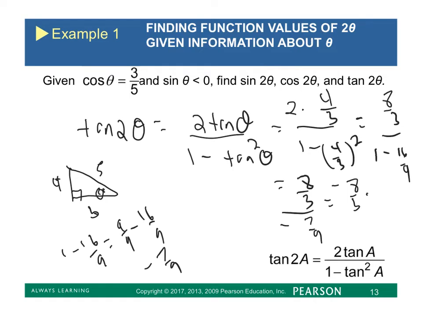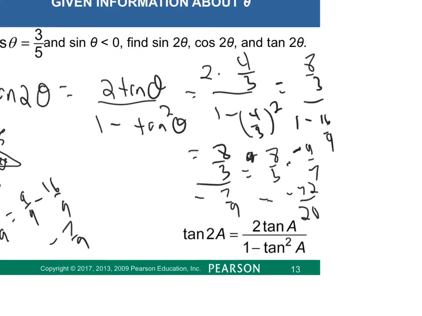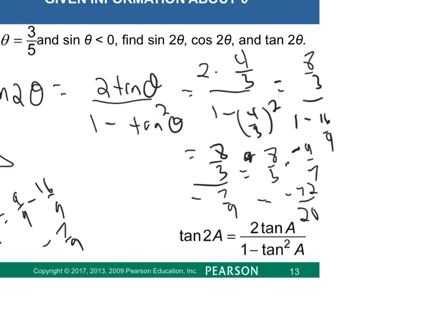No, the first one was not negative. Where am I getting that? I told you I'd make a mistake. 8/3 times negative 9/7. I'm hoping my answer is negative 72/21, but I do think it reduces by a 3, so negative